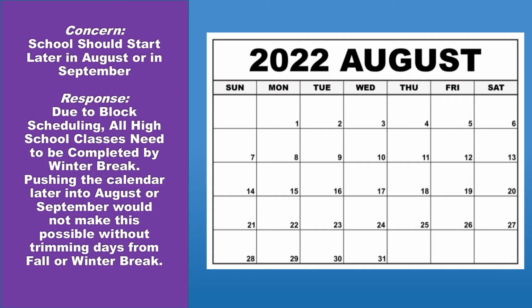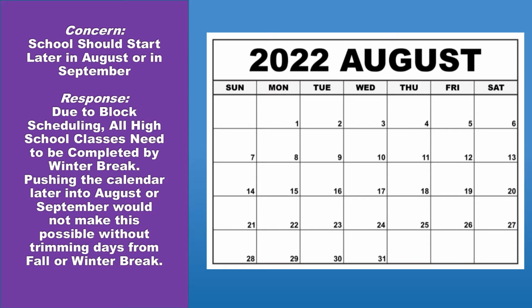One of the concerns we often hear is that school should start later in August or September. Due to block scheduling, all of our high school classes need to be completed by winter break. So if we were to push the calendar start date later into August or September, we would have to trim days from either our winter or fall break. We know that we have so many families who travel during that time. We want to make sure that we have a full week for those breaks so that people can travel to